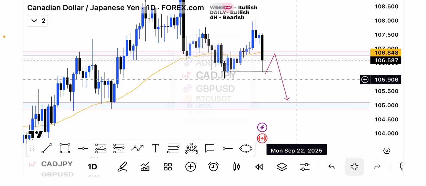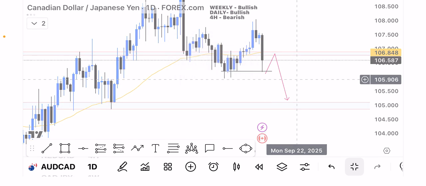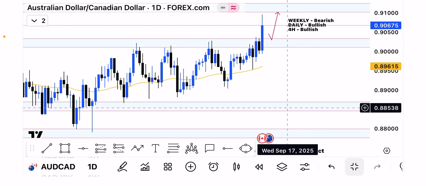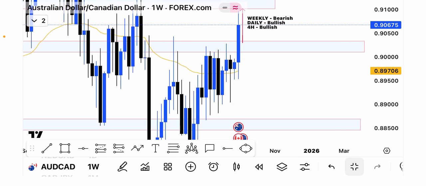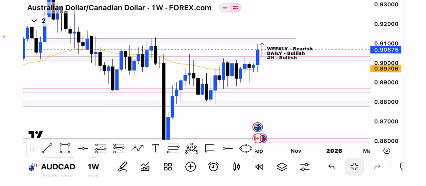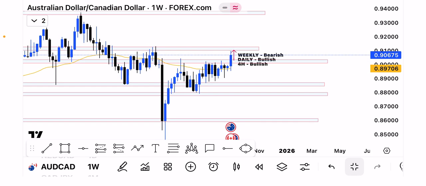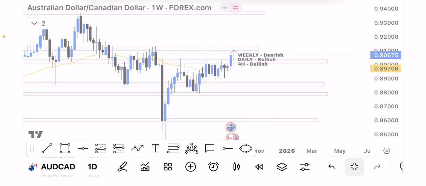So moving on, AUDCAD. On the weekly, we are bearish. On the weekly we are bearish. Here is the lower low and this is the lower high. We are bearish. So moving on,